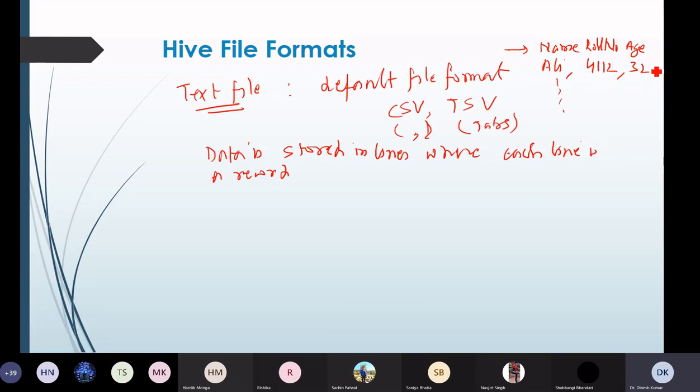Every line is terminated by a newline character, that means \n. We enter the next record in the next line by pressing the enter key at the end. So this is the first record, this is the second record, third record, like this.